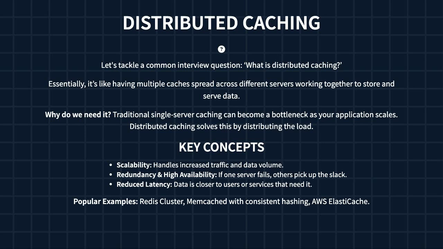Distributed caching helps us handle all that extra traffic and data without causing performance issues. Think of it like having several backup copies of frequently accessed information, so when someone needs something, they get it faster than if it had to be retrieved from a slower source. Some good examples you might hear about are Redis cluster or memcached when used with techniques like consistent hashing to